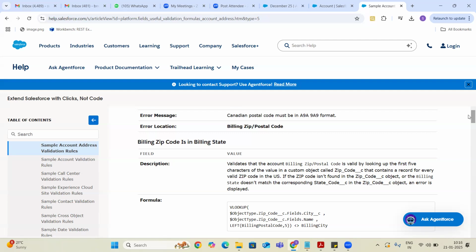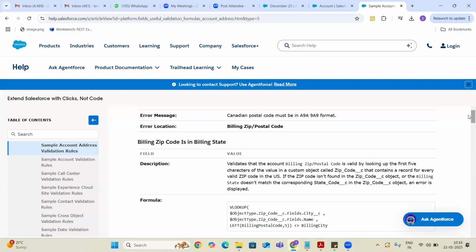Previously, the billing postal code and billing state were on the same object, guys, and we verified that in the previous scenario. In this scenario, there is no zip code stored, and that's the reason we just used a regex to identify the format.